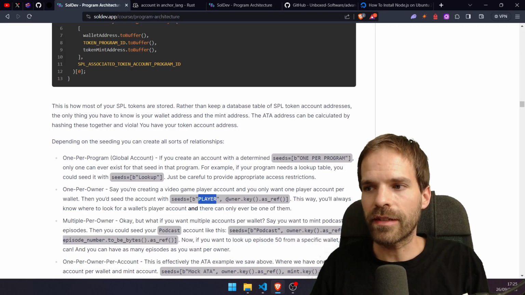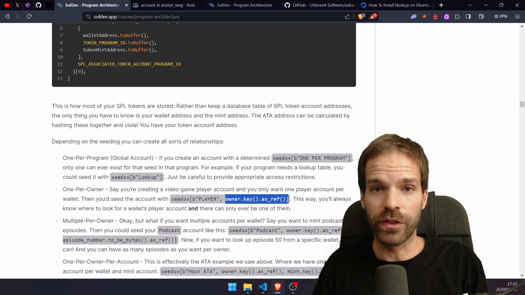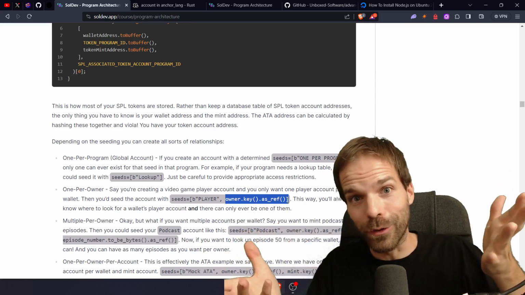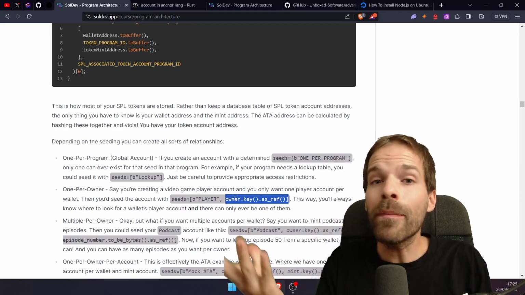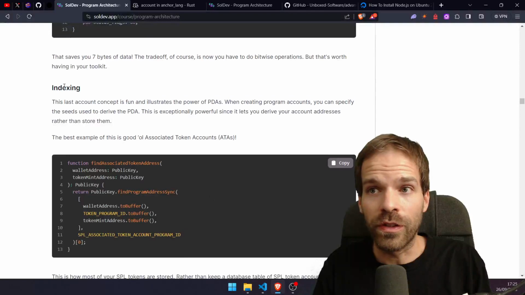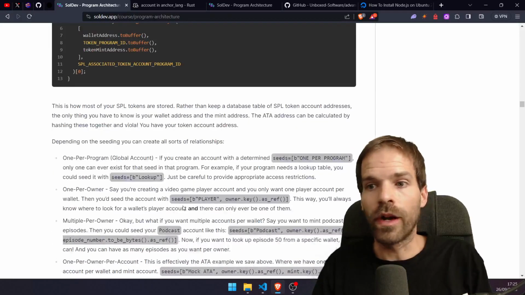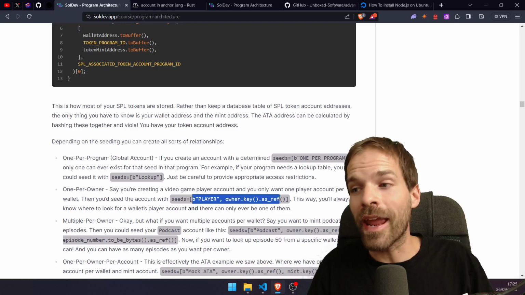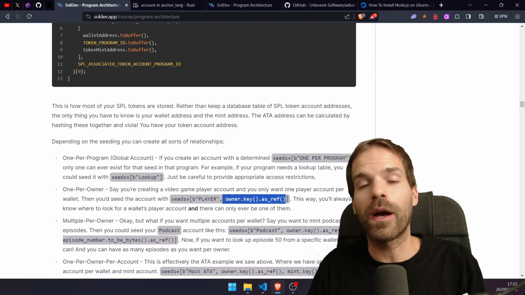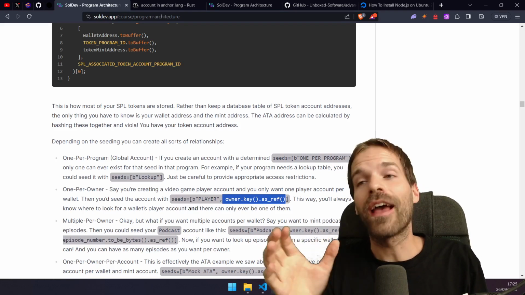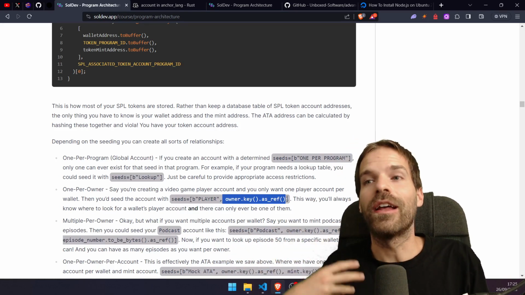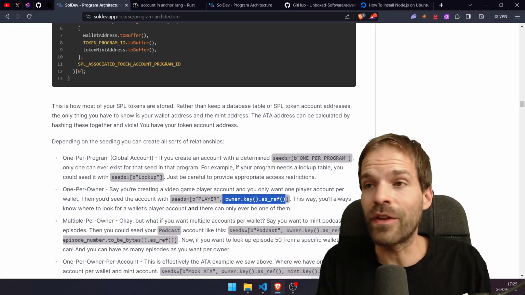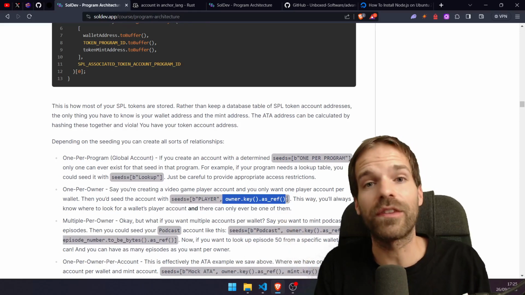So yeah, something static, and then the user's public key, such that with the same user, you'll get the same account. Pretty simple. And you don't need to remember the account for the user, so you don't need to build an index where, oh, this user has this account. No, we can just use a PDA where we use the user's public key as part of the seeds, and then it's always the same PDA, and so we always know which account that is. That's a really nice feature of Solana that you just want to use because it makes stuff so much easier